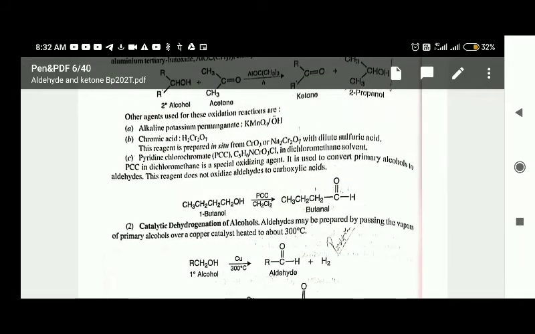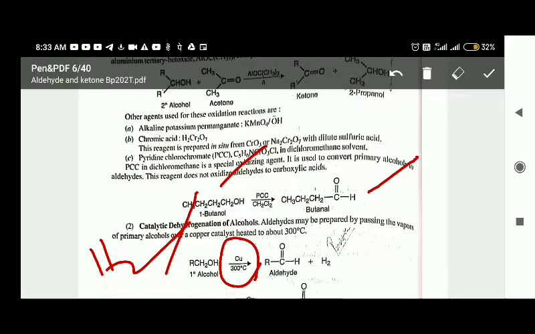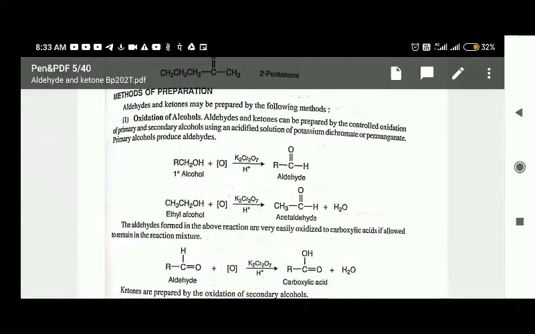So by seeing the reagent, you can predict what kind of product may be possible, beta. So see, alcohol is going to aldehyde. Here also alcohol, catalytic dehydrogenation of alcohol. So this is one more reagent, that is metal dehydrogenation. Dehydrogenation means removal of hydrogen. That H2 is removing from here, so it is giving RCHO. So primary alcohol upon dehydrogenation. Catalytic means metal, C for copper. So you always remember that copper with heat is going to give you the aldehyde.